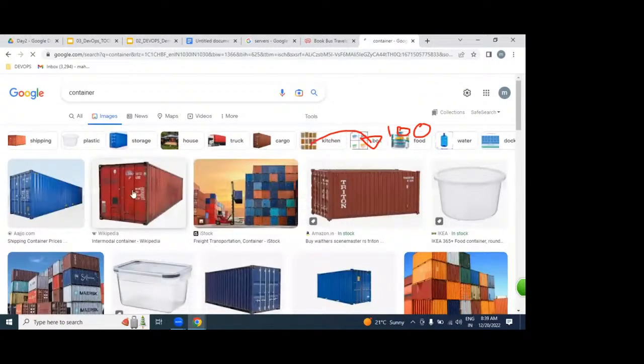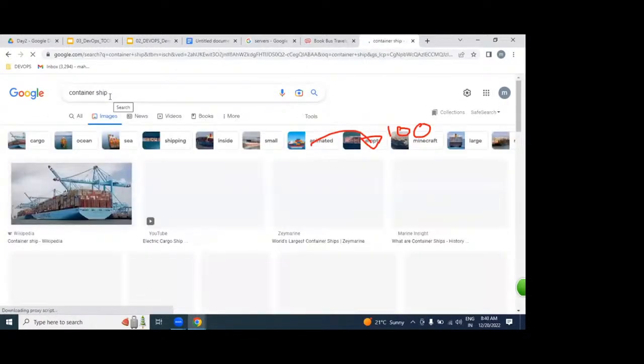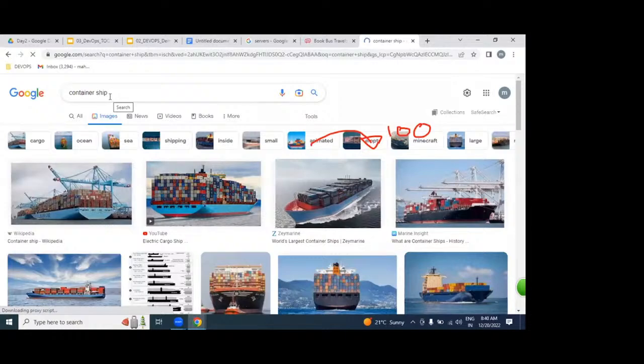How exactly do these containers work? The same as Docker containers, but this container is used for transporting goods at sea. But what are our containers for? Deploying our applications, placing our websites. But these containers are going to be controlled by whom? Ship. Controlled by whom, please? Where is the ship here?